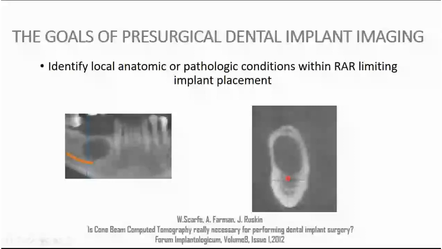Also, another goal is to identify local anatomic or pathological conditions within the alveolar ridge, which will allow us or disable us for the implant placement. So in this picture, we could see a really big lesion, and we could also see this picture on the 2D, but we need to stress what would be important and what we could see on the